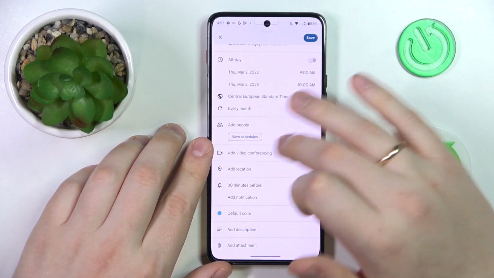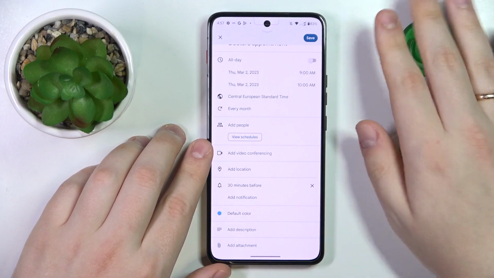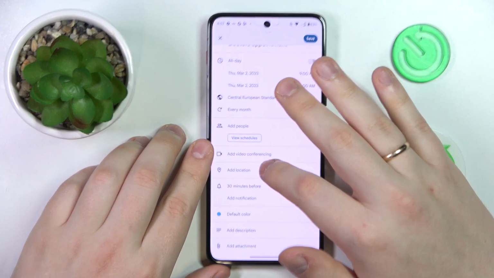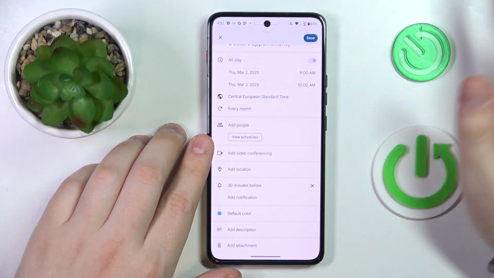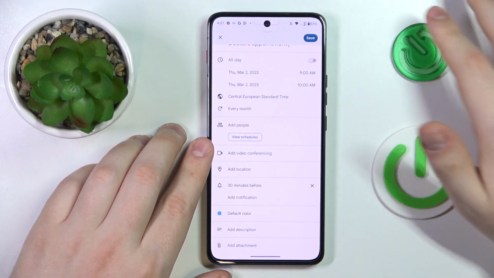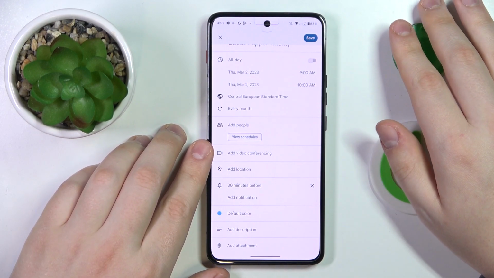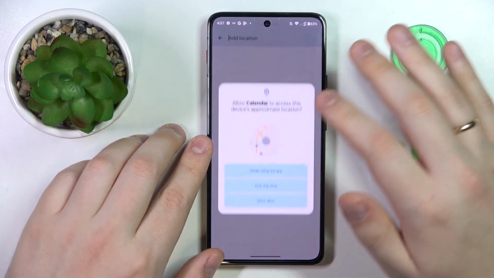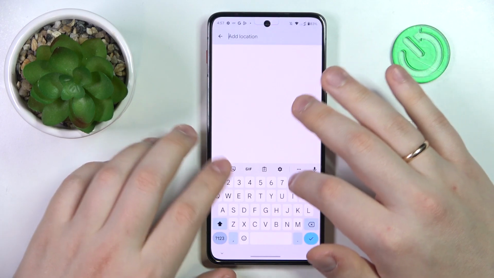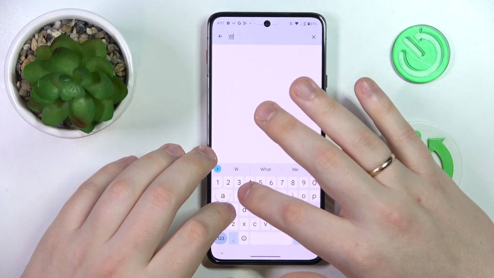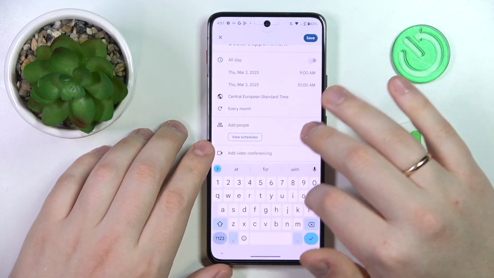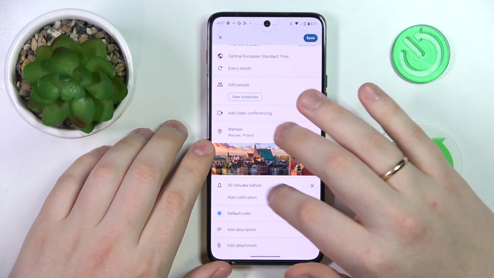Then you can add some people to this event, invite some participants, let's say, also add some video conferencing if this event is some kind of a work, business call, or conference call, whatever. You can add the location at which the event will occur, as well as